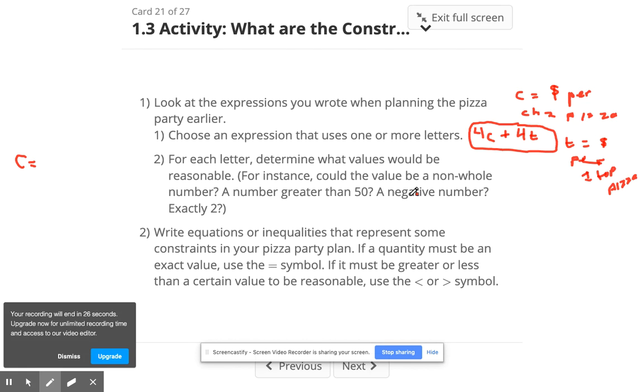And then it says a negative number. Well, we can't have a negative cost for a pizza. So we need to make sense. What do we think the cost of a cheese pizza might be? One of my classes said $8. So we needed to say that c has to be less than or equal to 8, but also has to be greater than